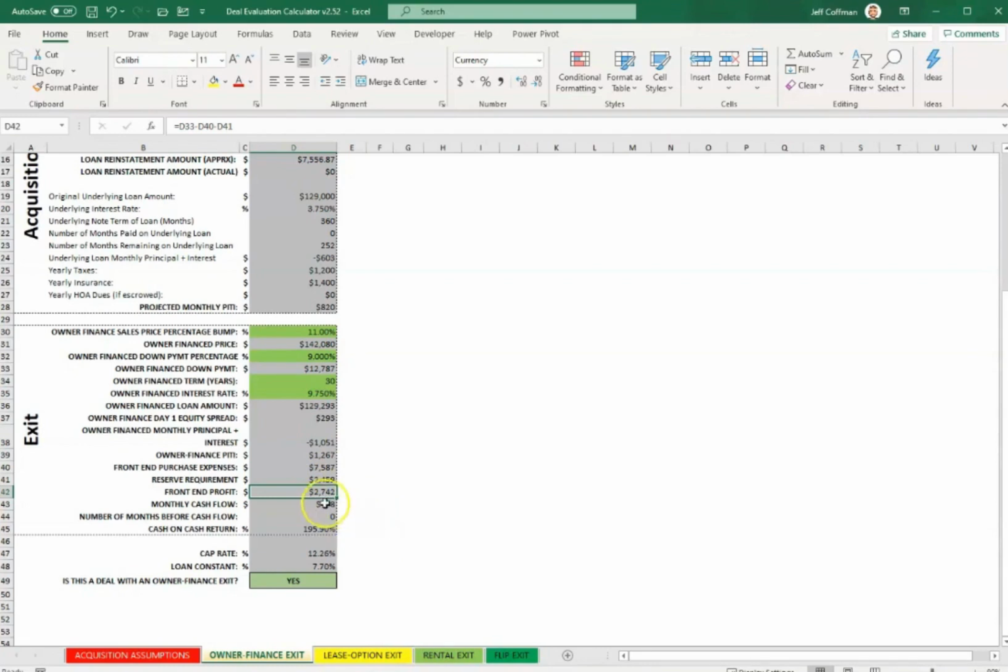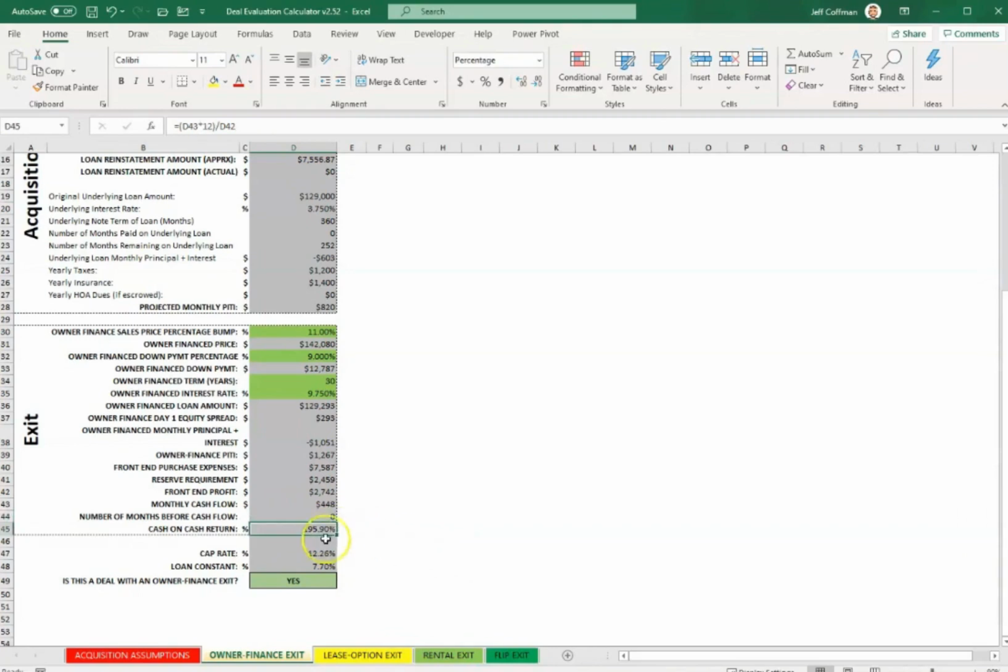Now, this is the big one. My monthly cash flow right now on this deal is $448 per month. Not a bad deal. And I'm going to immediately, right here, number of months before cash flow are 0. That's a big one. So my break even is met as soon as I buy this deal. My cash on cash return, it really is infinite,